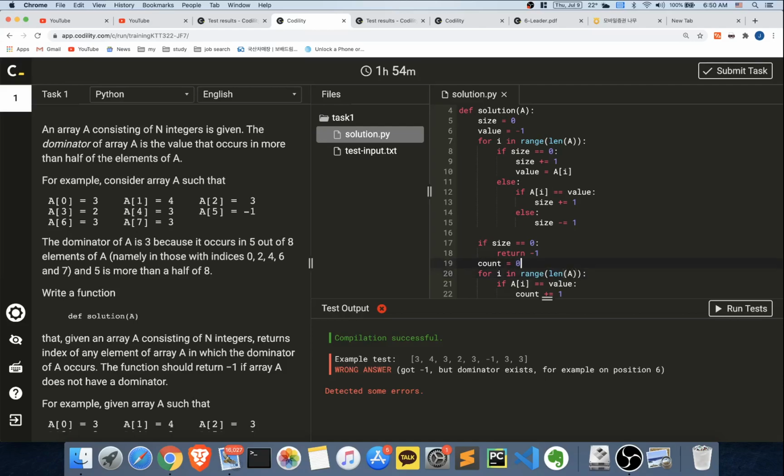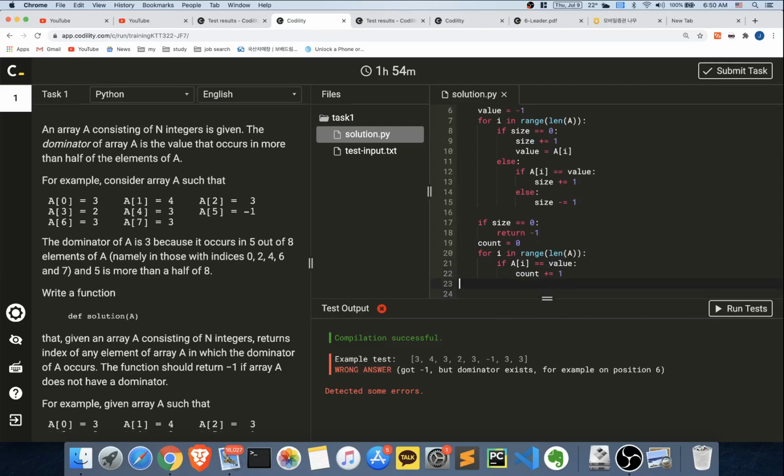We're just gonna set the count to 0, and after doing this, we're gonna see count